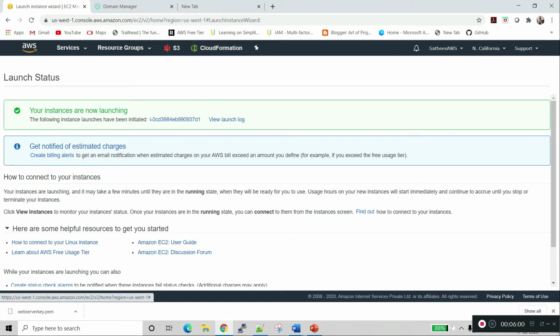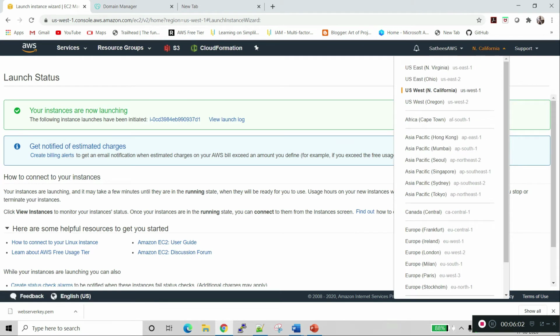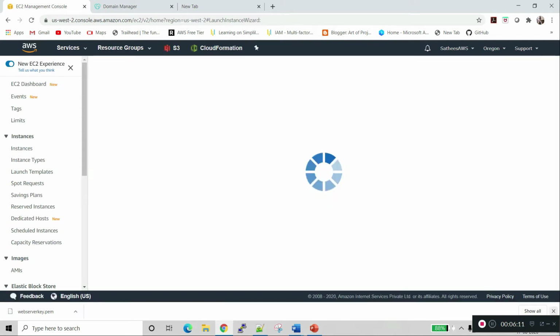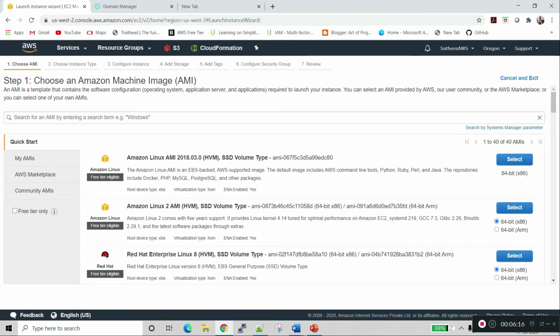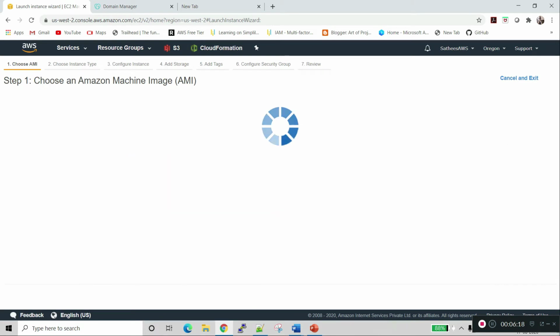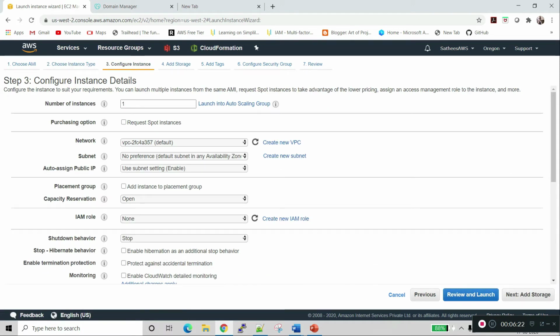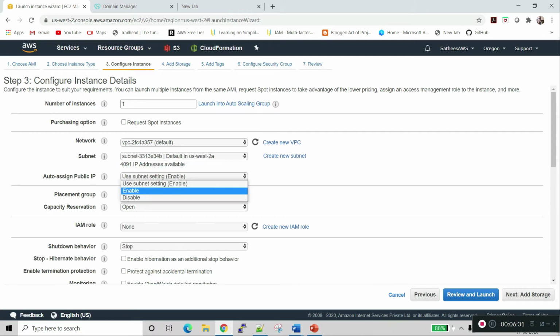So meantime we will go and create web server 2 in the US West 2 region.